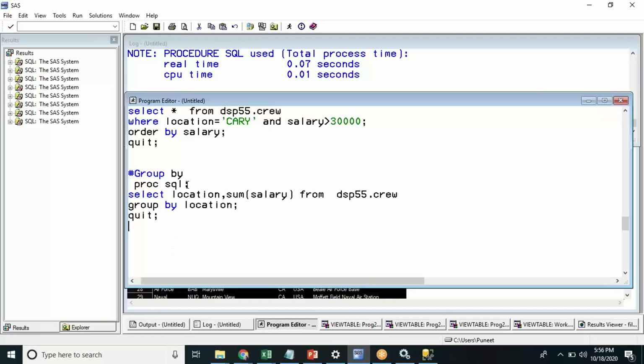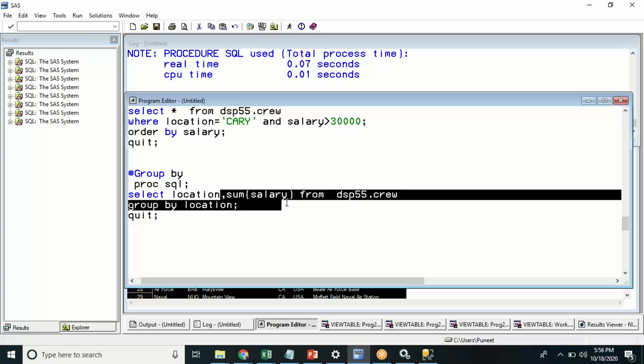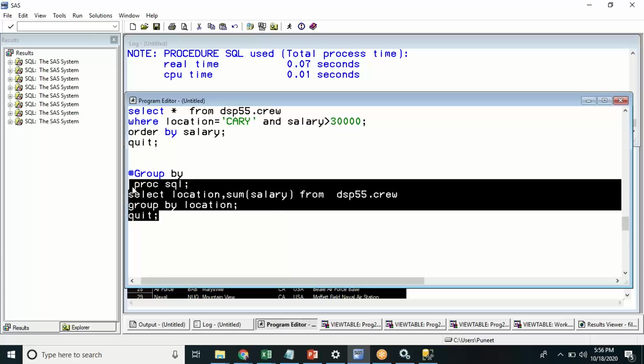So when you have to group the data in SQL, you have to mention the name of the column on which the grouping has to be done, and then define the aggregation formula on what basis the aggregation has to be done. So if I run this,